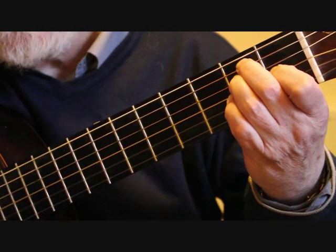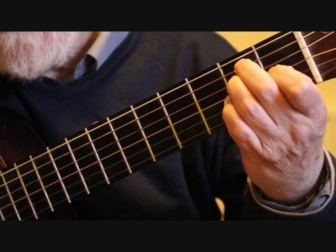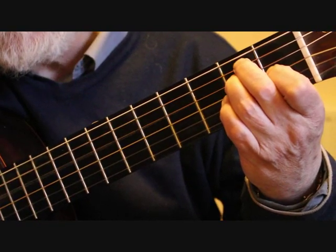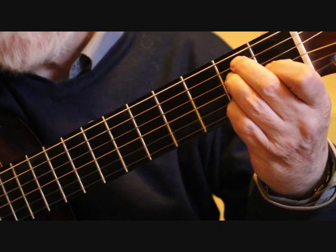us the open 2nd string, 4, 3, 2, 4, 3, 5, 4, 3. So bar 70 is